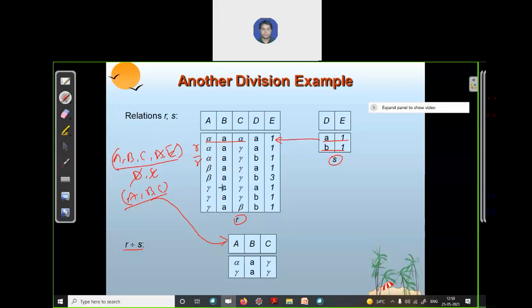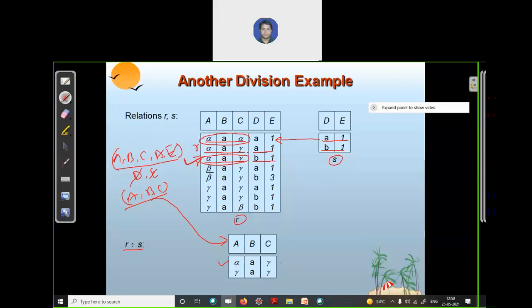There is no. So this is not in our resultant relation. Check for alpha A gamma for A1. Is there alpha A gamma for B1 as well? Alpha A gamma, yes, and it is B1. So we will consider this record for the resultant relation, alpha A gamma.